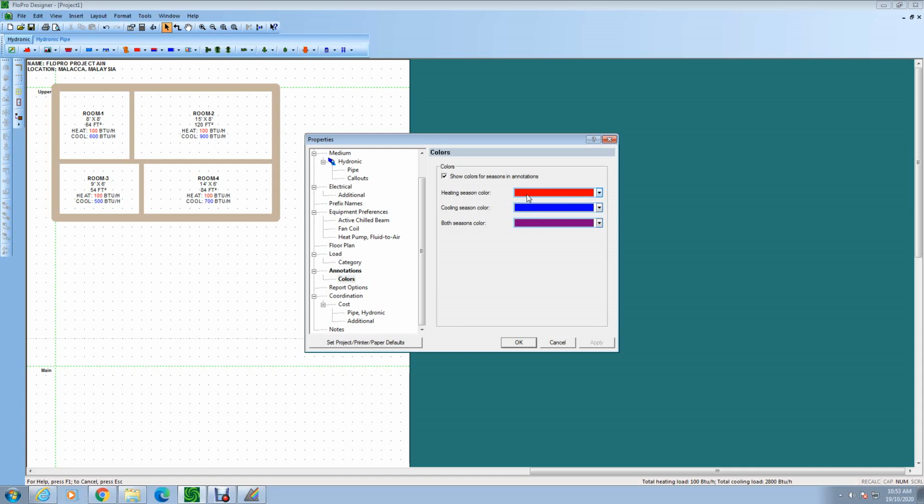Right, heating season we can choose a lot of colors, but I just choose red. The cool is equals to blue. And if it's both seasons color, then it will appear in purple. Compulsory purple. Alright, so click apply. Just now for load, because I didn't change anything, I didn't click apply, but you can click apply if